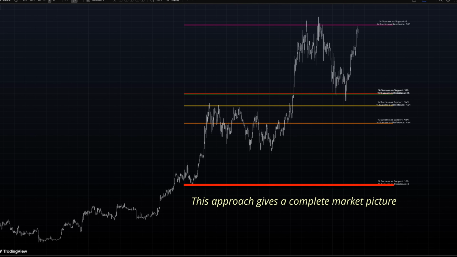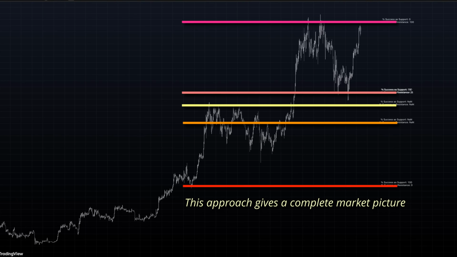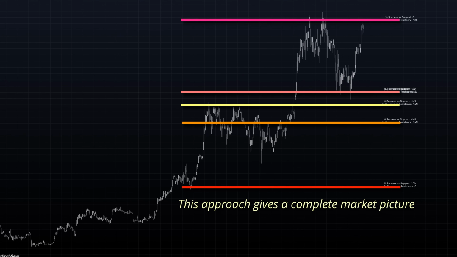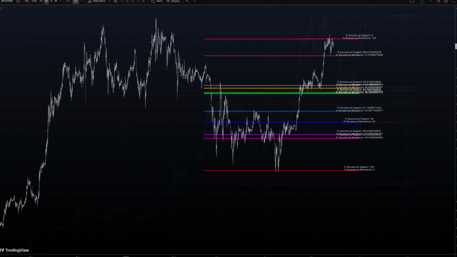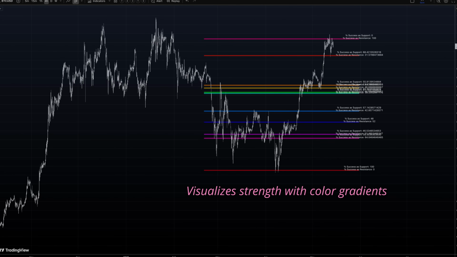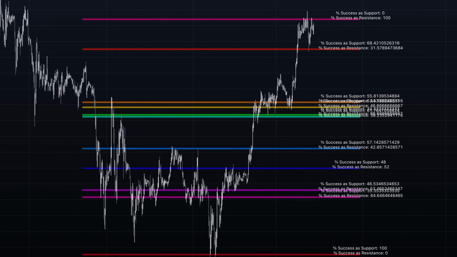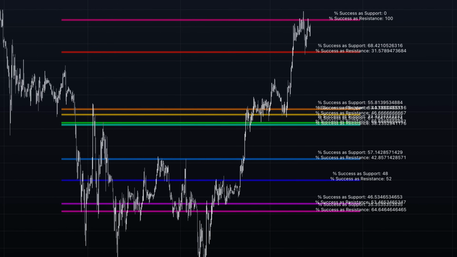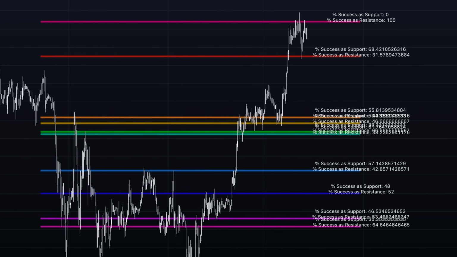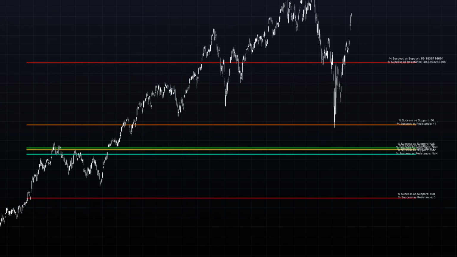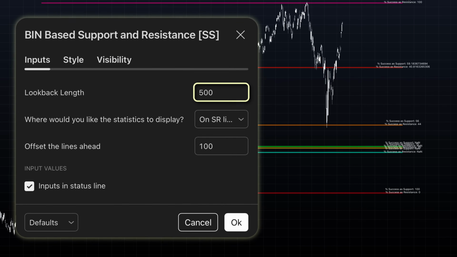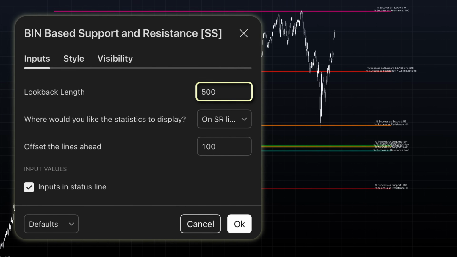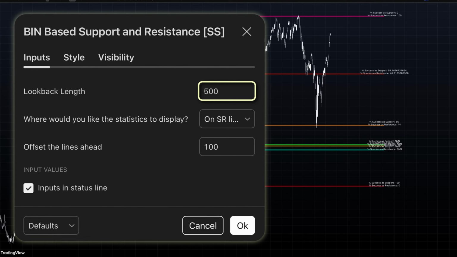This approach processes the entire price action data set rather than isolating extremes, creating a more complete view of market structure. The visualization uses gradient-colored lines representing each level's relative strength. It calculates percentage success rates for both support and resistance functions, giving traders data to assess level reliability. The backtest methodology looks for bullish and bearish rejections at each level across the defined look-back period, measuring how often